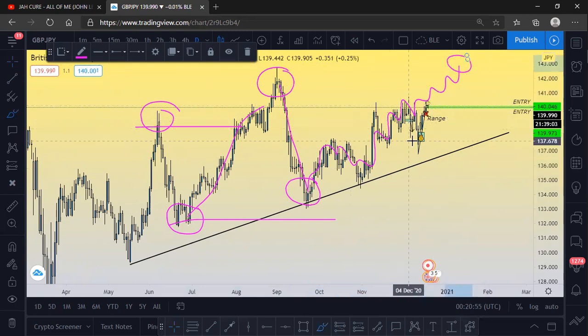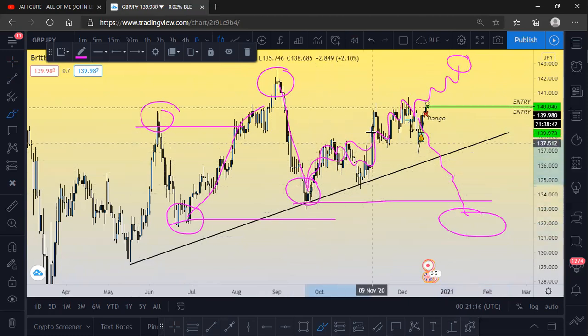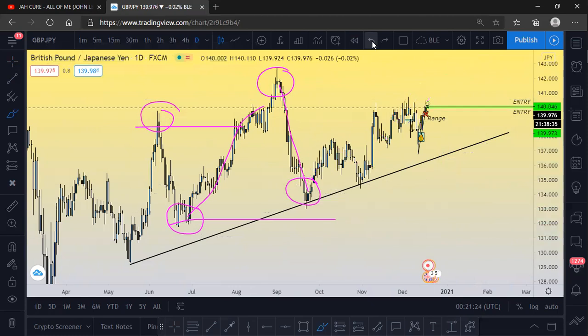To have a confirmation that price is going down, we need to see it come down, close below this low, come down somewhere here, and then close somewhere around here. Now it has broken structure. But you can see how it's still trying to find its way up. So this is still in an uptrend, so we only want to look for opportunities to buy. You don't want to look for opportunities to sell.